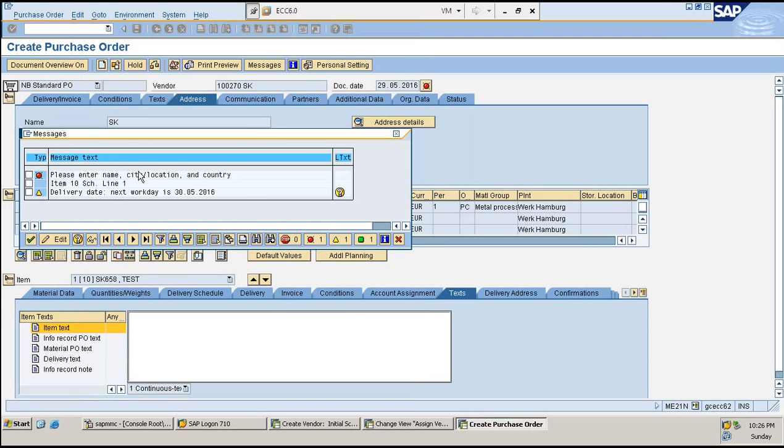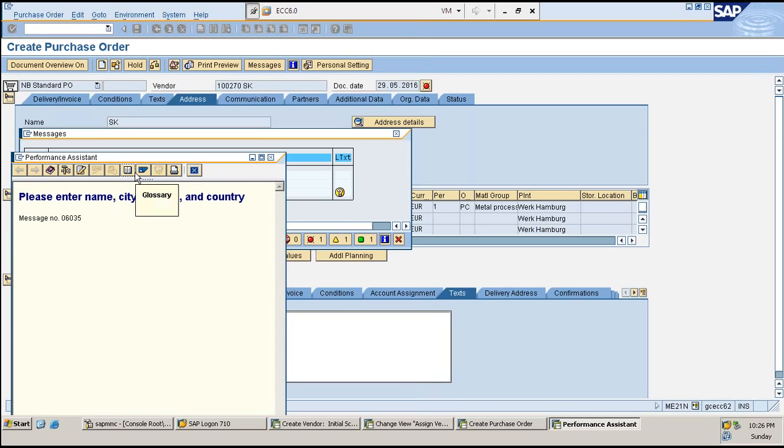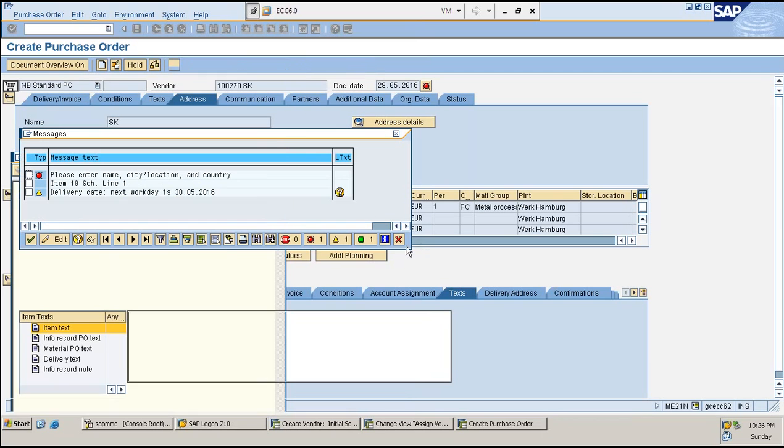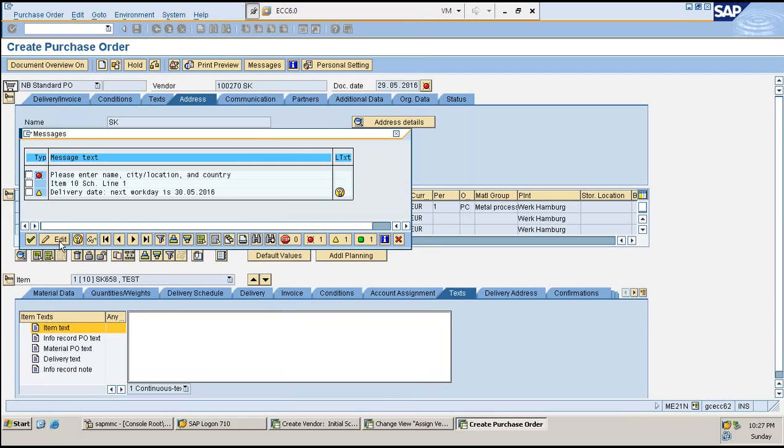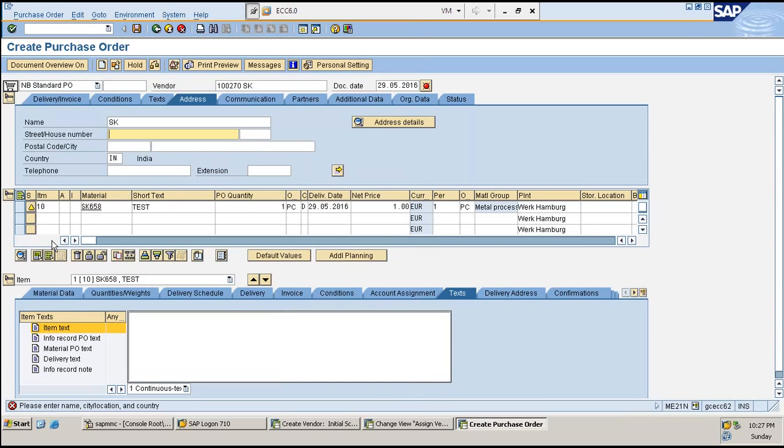And it still gave me the same error, which ideally is not supposed to happen. This is what it is asking me now. Please enter the name, not my name or something. City, location, and country, right? I can't even read properly these days.